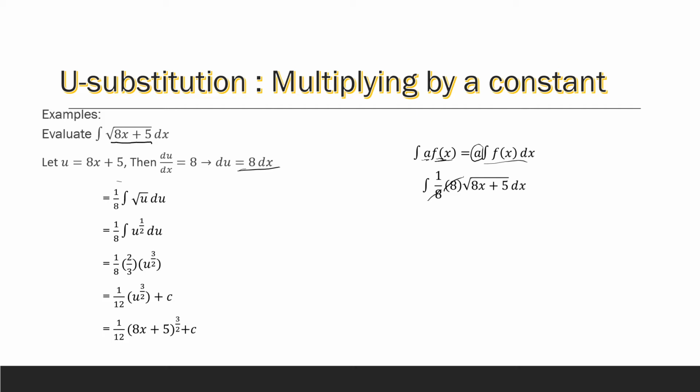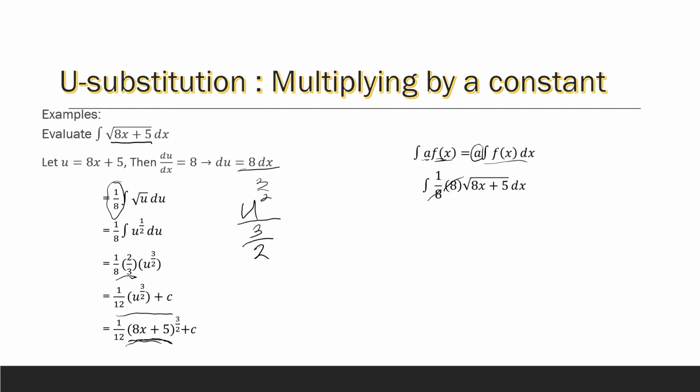By bringing the constant out here, we change the square root into the form of a power. So here u is to the power, plus 1, we will get 3 over 2, divided by the power 3 over 2. So we bring the 3 over 2 up there, and we will get 2 over 3 here. Then we multiply by 1 over 8, and we will get this. And then at last we substitute u with